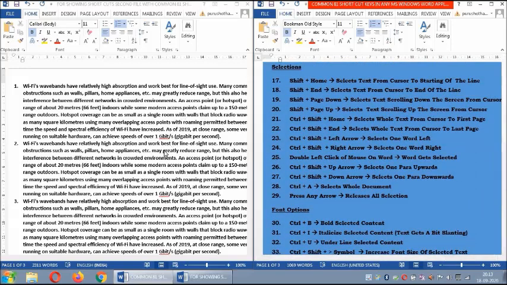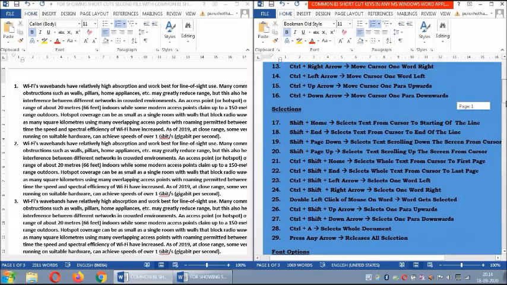We need a part of the content, some word or sentence or any phrase, to be selected and moved to another place. So before that, we need to have some selections. How do we select? Let's see now. I place the cursor here. Always observe on the left hand screen where my mouse is moving, where the selections go, and on the right side you have the shortcut keys. Okay.